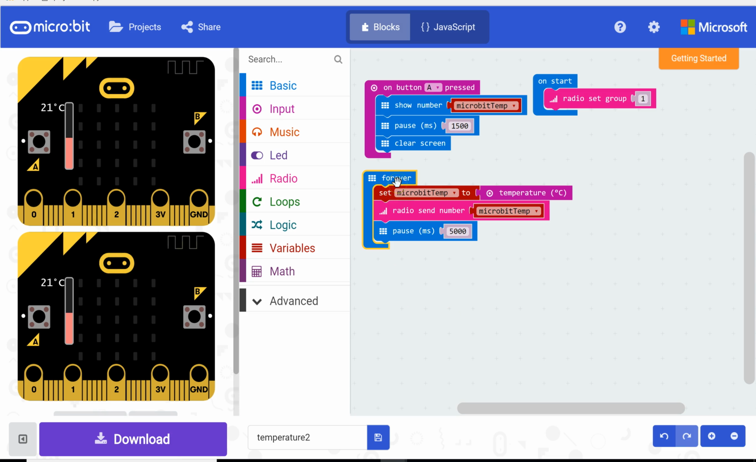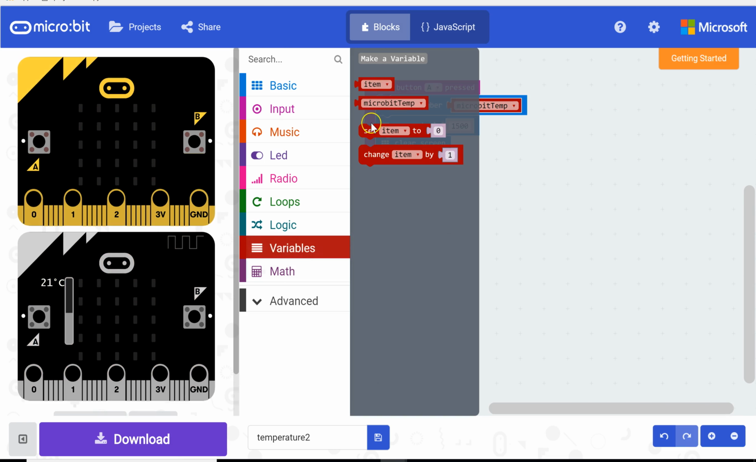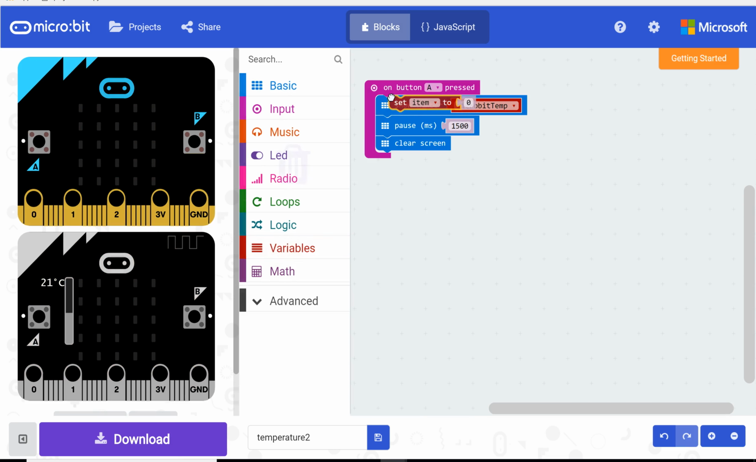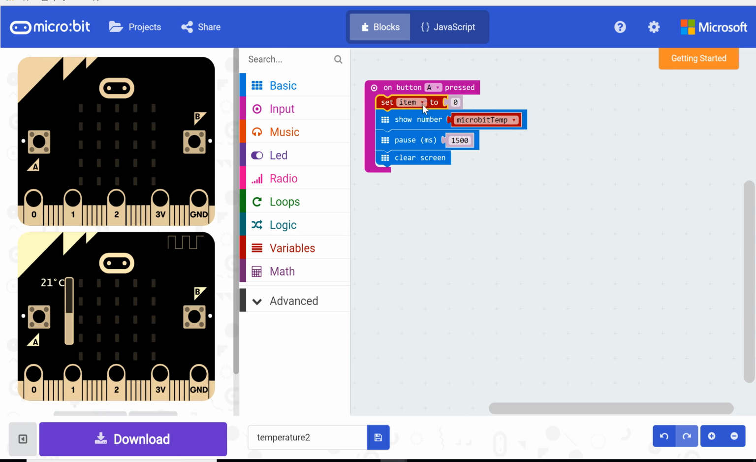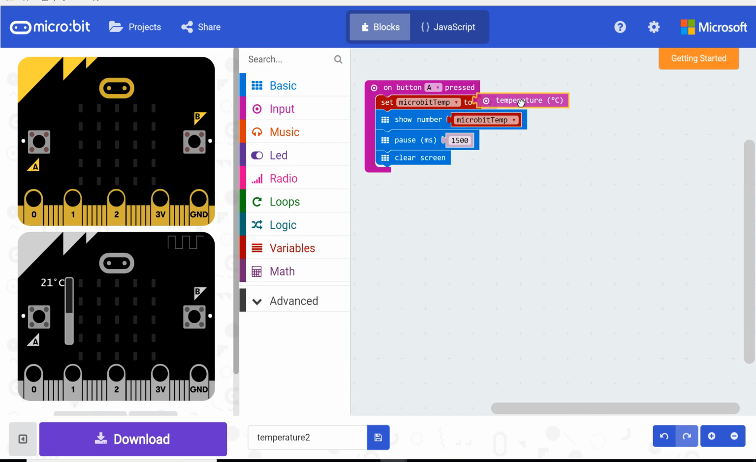So I'm going to get rid of what I had here. We'll go back to the original program that the students will likely have on their microbit. So it had that set block over here, so they're not just starting from scratch here. This is the original code that the students would have. So for the second microbit,